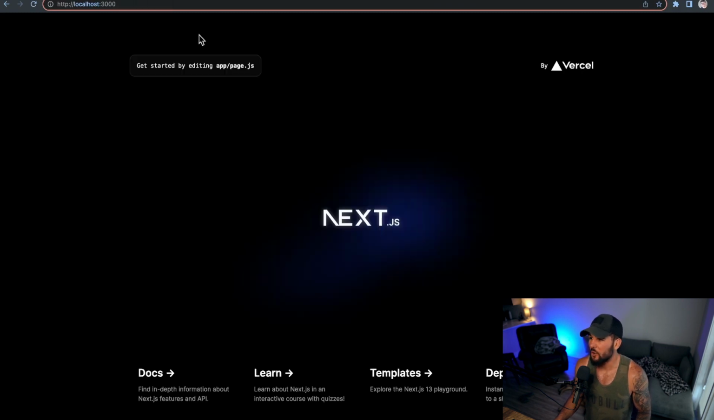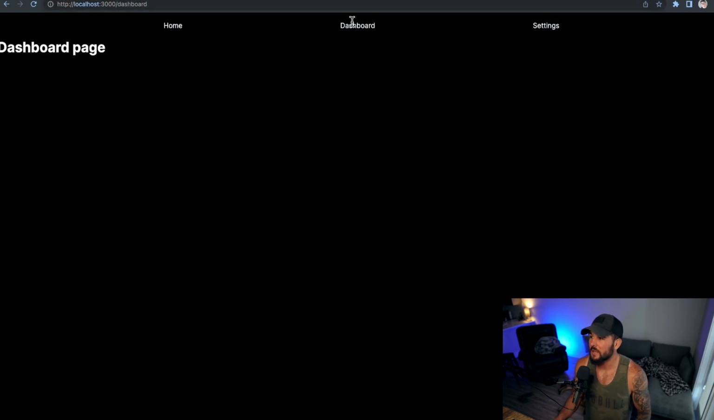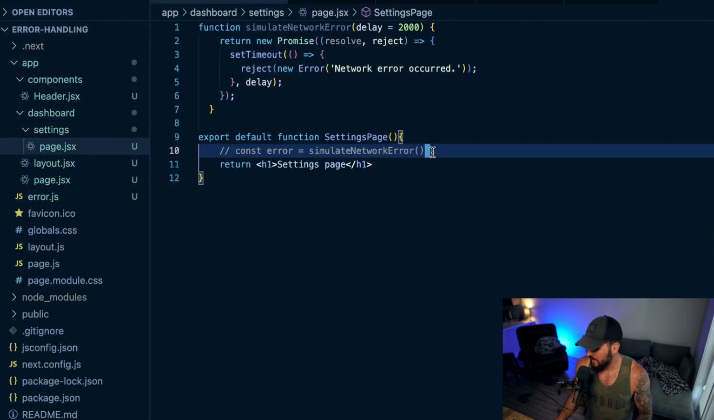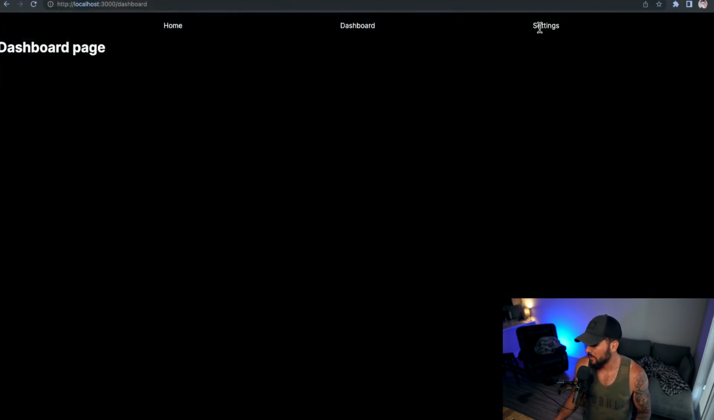I can go to my home page. Then, since I render my header within my dashboard, I need to go back to my dashboard to see my header here. I go to my dashboard, go to my settings. So yeah, it's working. Let's go ahead and throw an error within the settings page and see what happens. So let's go back to settings. I have my error back, and then we're going to go error. And here we're going to come back. Let's go to settings. And what you're going to see, if I refresh my page here,